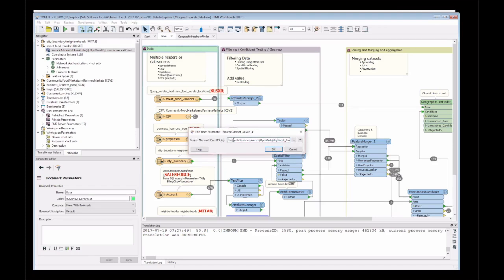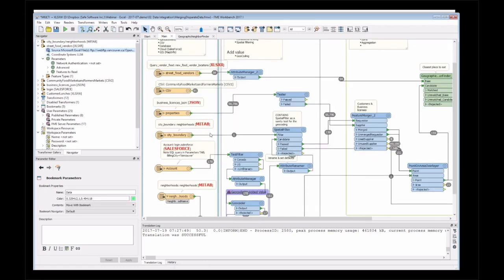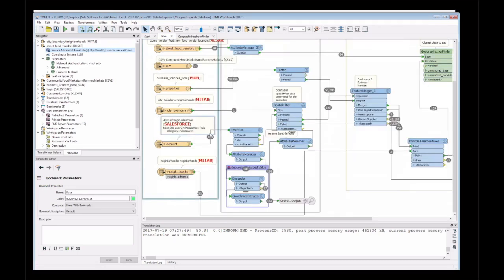So we've got an FTP address here on the reader. So we're pulling that data live from the data source. We're reading JSON data from that data source as well. And we're also loading in some data from our Salesforce site that we have here, which is our customer data